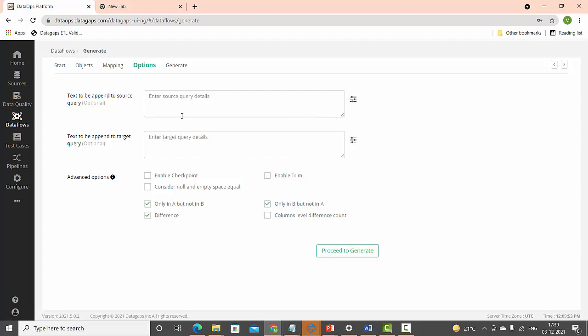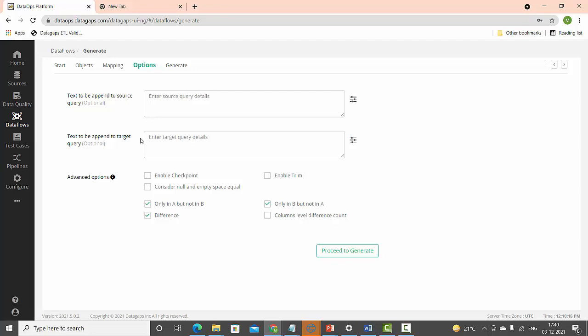This is the place where you give the where condition if you want it appended to the source query. Let's say SAP HANA is trying to fetch all the data now from the customers 1M table, and then it migrated all the table data. In that case we need not give any where condition here.